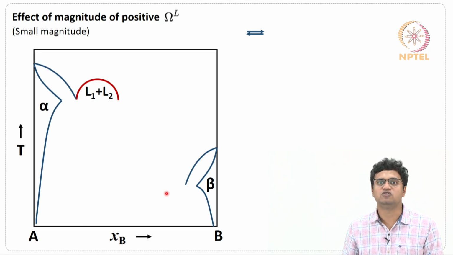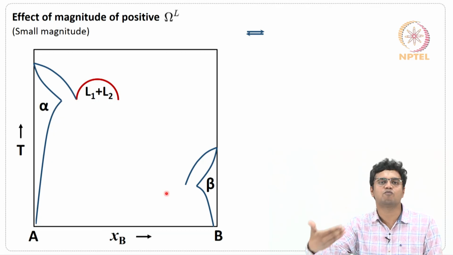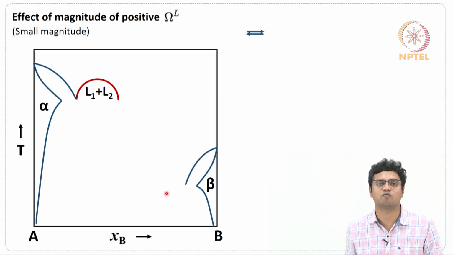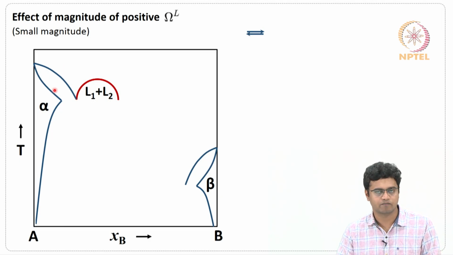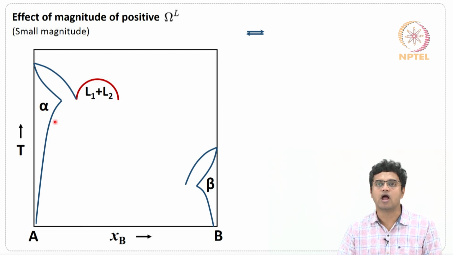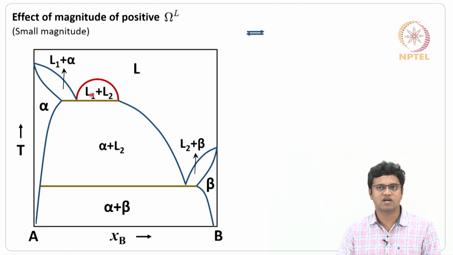For that, I am just adding the part of the isomorphous diagram, because it all evolved from the isomorphous. We are deviating from the isomorphous, so I should have some traces of isomorphism here. So these two-phase regions, the lenticular type of two-phase regions, are the contributions from the isomorphous diagram. Okay, and this alpha is the single phase. Understand? Now, let's go a little further. If I complete the diagram, it looks something like this, where you have single liquid which dissociates into L1 plus